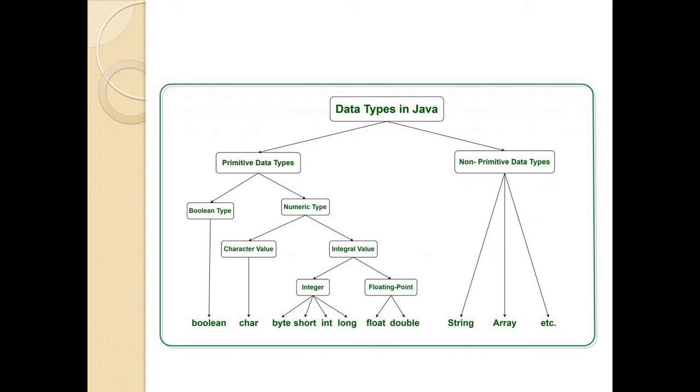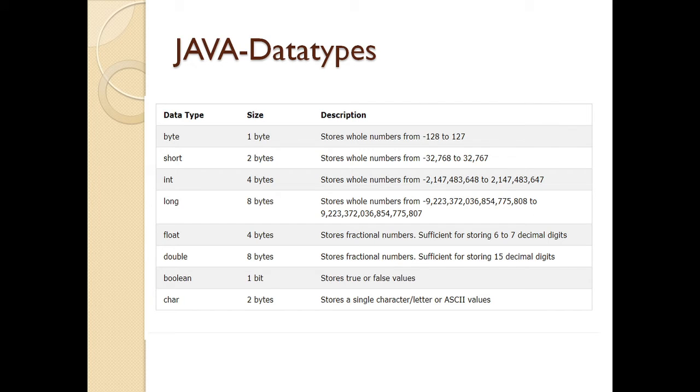Now, we will see the data types, their size and the description or the range. Byte is of size 1 byte. It can store whole numbers between -128 to 127. Short is 2 bytes and it will store the whole numbers -32768 to 32767. Int will have 4 bytes with the range which is specified here. Long is of 8 bytes and it stores the range specified here. You need not learn by heart the range it is storing. Only if you know the range of byte and short is more than enough.